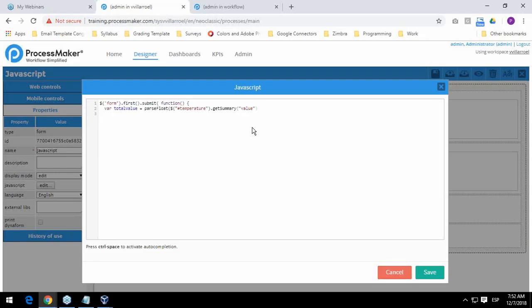Value. Then I say here if total value more than 50 or less than 50,